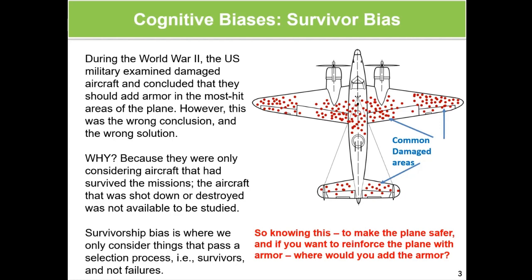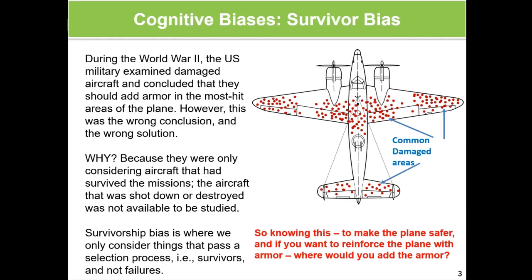One is called the survivor bias. Now, the survivor bias is illustrated in this particular issue that happened during World War II. So these planes, these are bomber planes that used to go out on their missions. And when they come back, of course, the people were shooting at them, and those that came back were heavily damaged, but a lot of them did not come back because a lot of them crashed. So when the engineers looked at this and they wanted to reduce the number of planes not coming back, what they did was they looked at the planes that came back, and then they saw, as you can see in the picture,